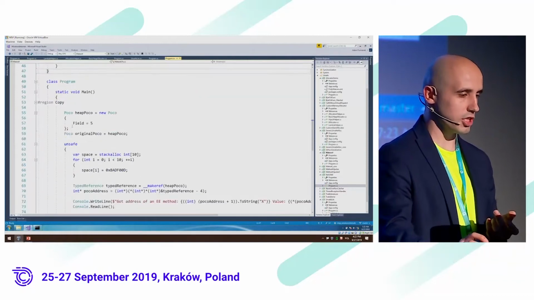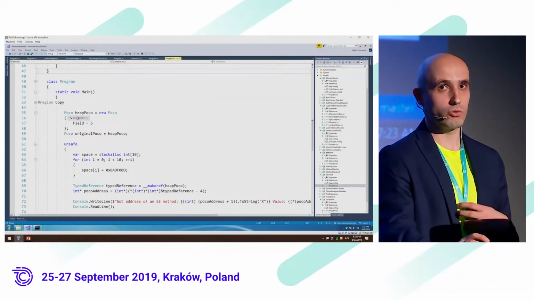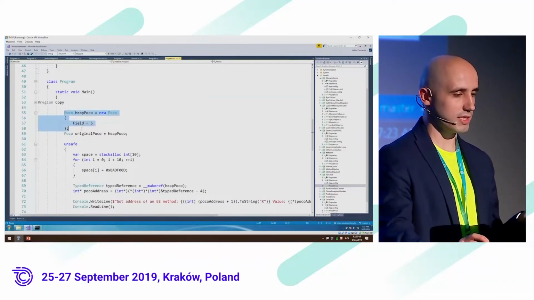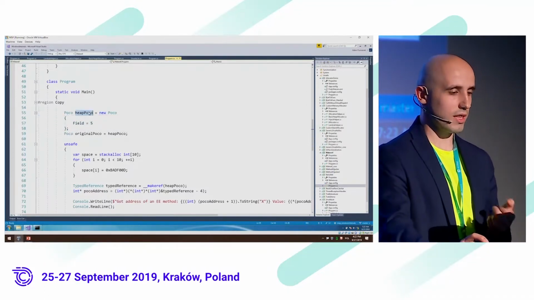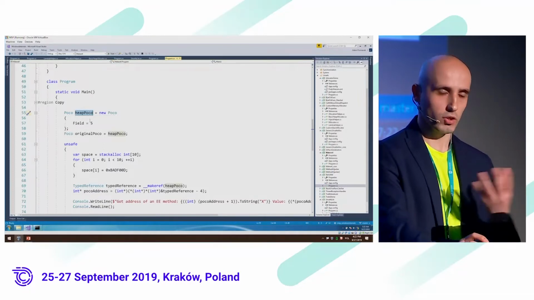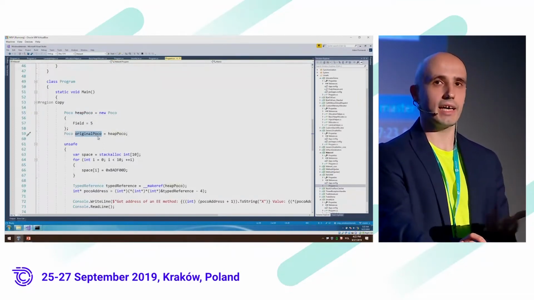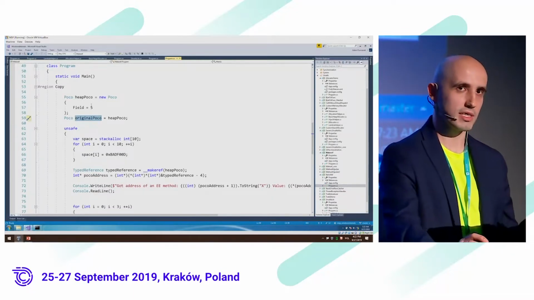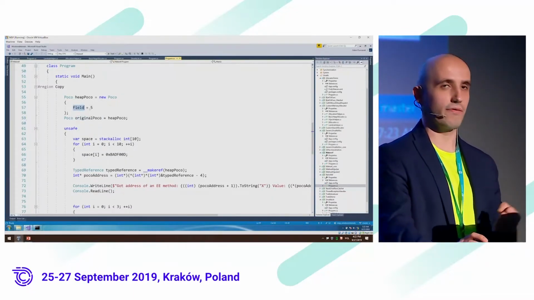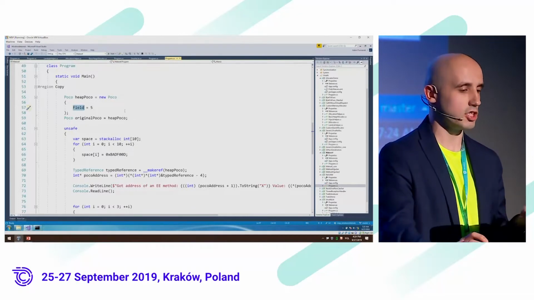So what we do initially, as I mentioned in the first demo, is we just copy the object. We create a new instance of this Poco. Our object is this part. What we have on the left side is just a reference pointing to the object, and we create another reference pointing to exactly the same object. So now we have two references pointing to the object where the integer field is stored, initialized to value